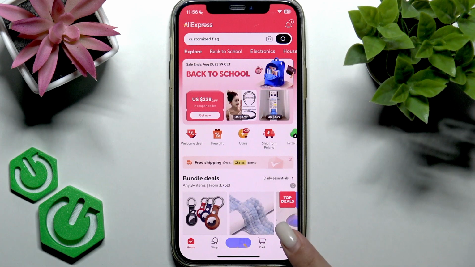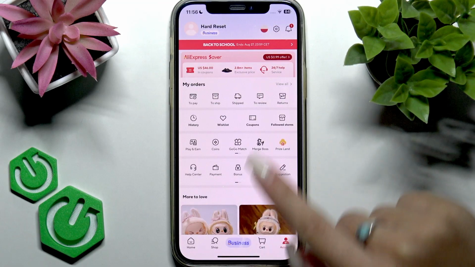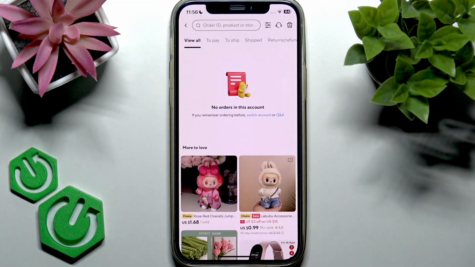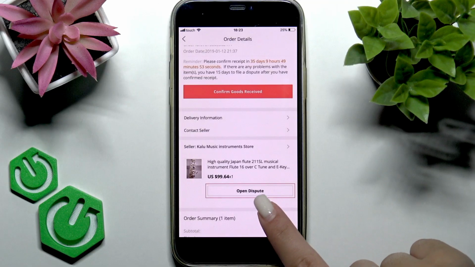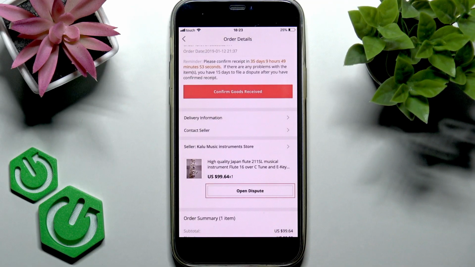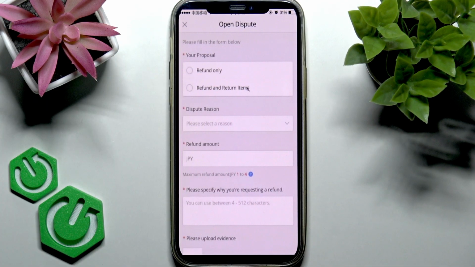So let's go to account at the bottom right corner of the screen and enter My Orders tab. And here you should find the order that you want to dispute. Tap on it to open its details. So it should look like this. This is the order details page. And now you want to find this button, Open Dispute, and then press it, which will open basically this dispute